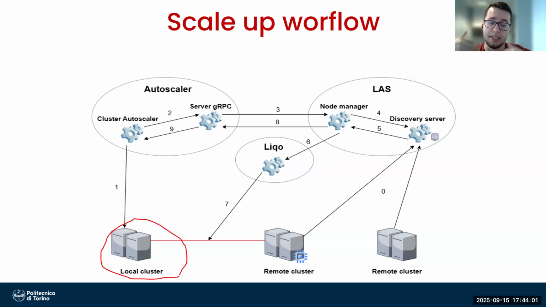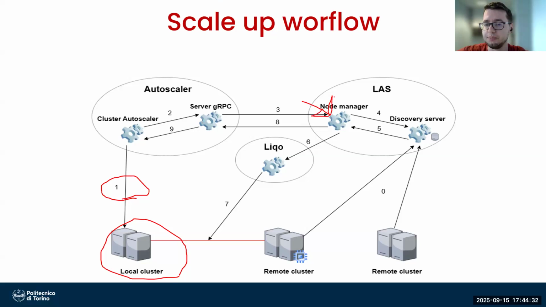Then we deploy an application that requires a GPU, and this cluster hasn't got any GPU. So the pod of this application goes in pending, the cluster autoscaler detects this pod is in pending, and sends the request to the node manager using the gRPC server as a bridge